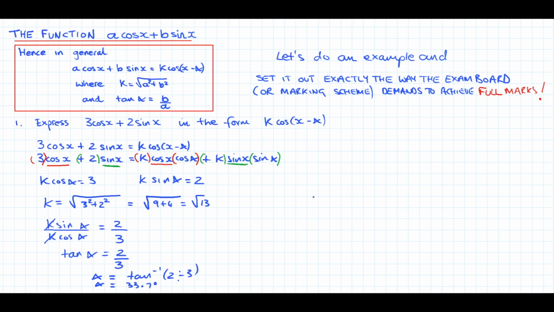Now let's write that out. We were asked to express 3 cos x plus 2 sin x in the form k cos(x minus